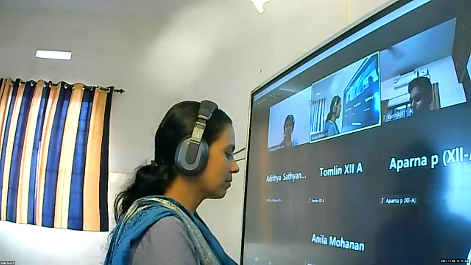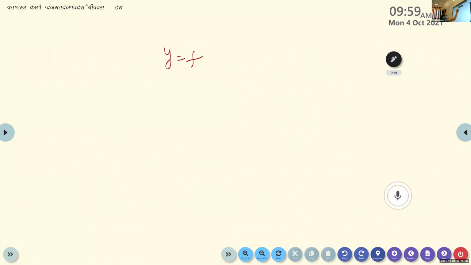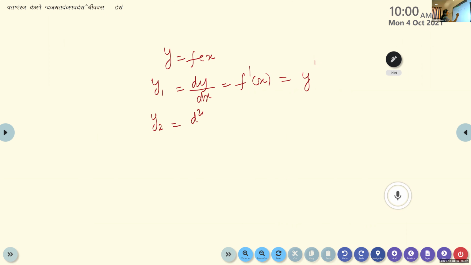Okay. So first time when we differentiate, suppose you are given a function like this, y is f of x. First time when we differentiate, we denote this as y1 or dy by dx. It is denoted as f dash of x, or sometimes y dash. When you differentiate it once again, we denote this as y2 or d square y by dx square, which is same as f double dash of x, or y double dash. Like that, go on. But here we learn up to only the second order derivatives. Second order derivative means we differentiate it 2 times.